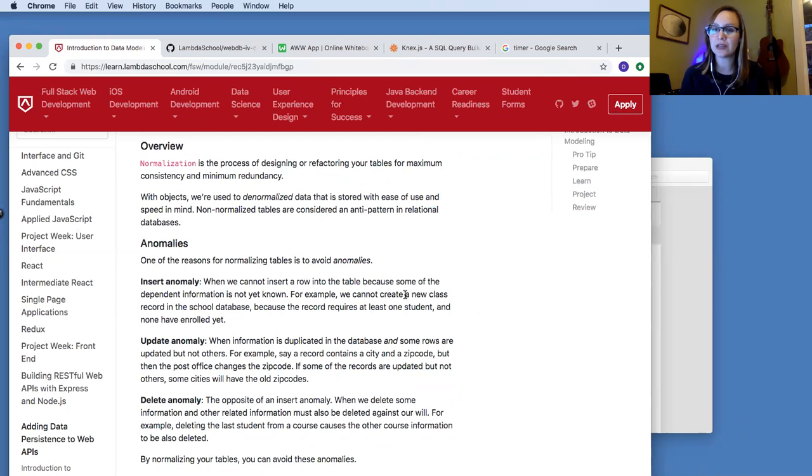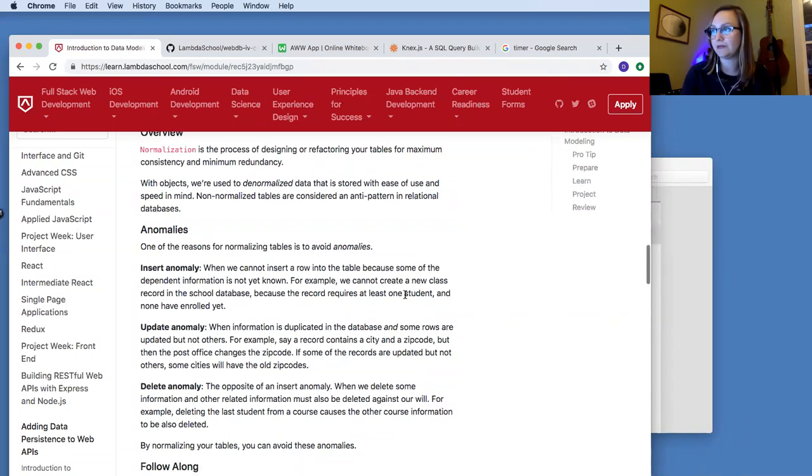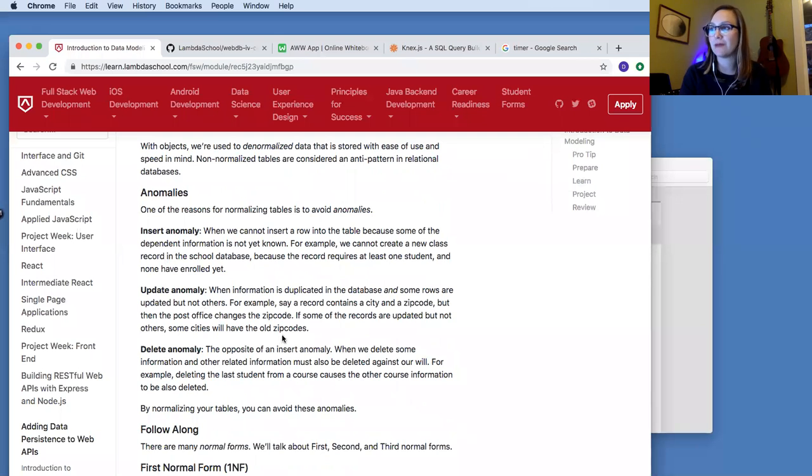If you're trying to use your database, if you're trying to do something meaningful and correct and your database schema is interfering, something has gone wrong in the design. There are some other anomalies that they mention here that are a similar thing. We actually somewhat experienced a delete anomaly a couple weeks ago when we were trying to delete something and it wouldn't let us. When you have designed a normalized table, we can think of normalized as meaning something that's designed to be functional and usable and meaningful,